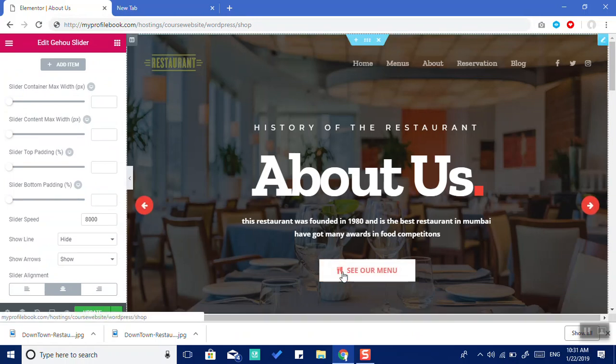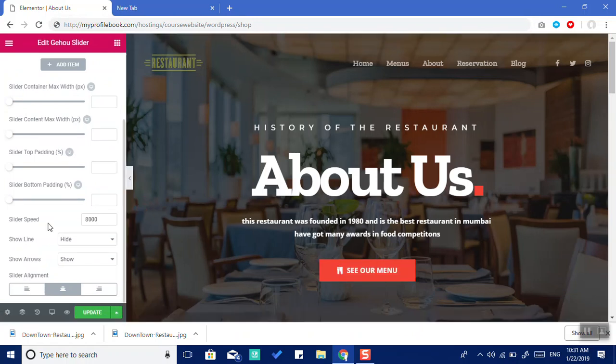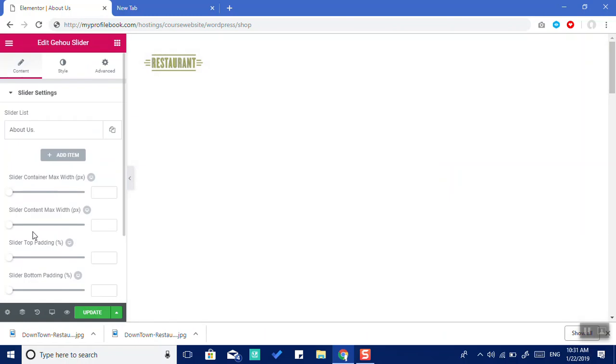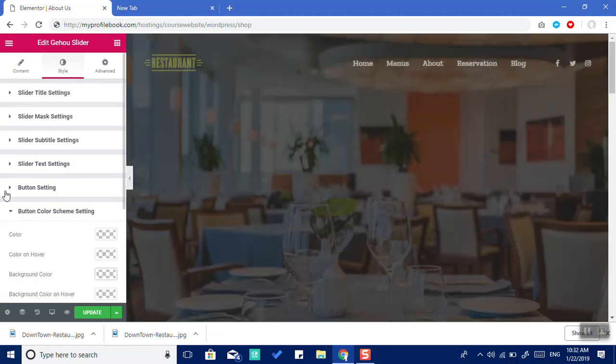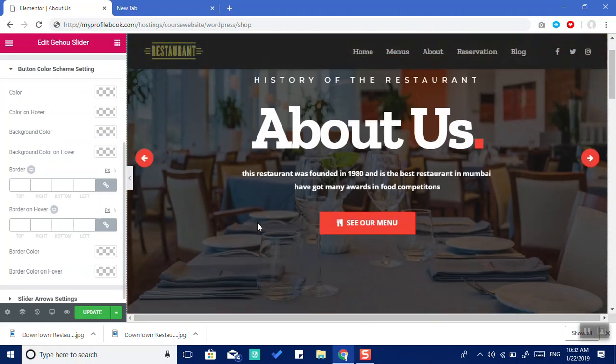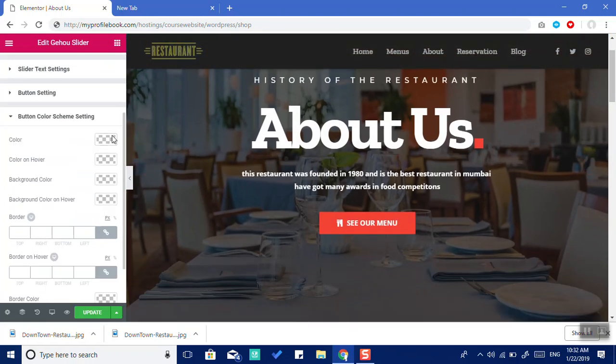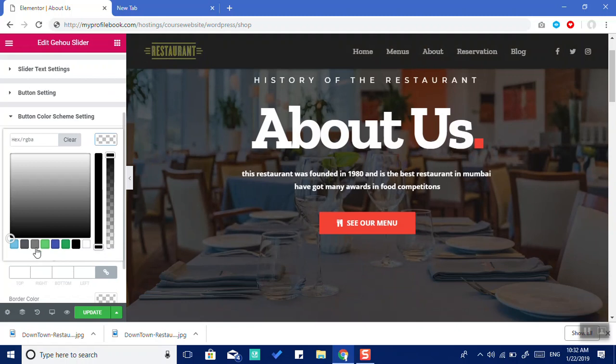I'm using the red buttons, but you can add any type of color that you want. To change the style, you can click on the style and you can change the button here. Okay, so you can change the way you want. For example, you can change the color to green,